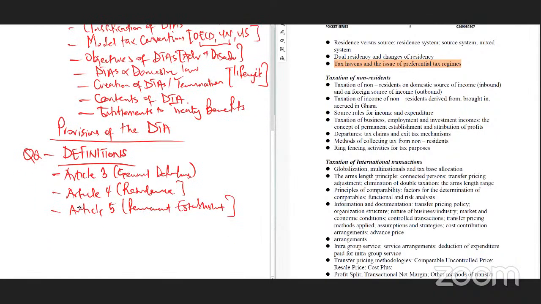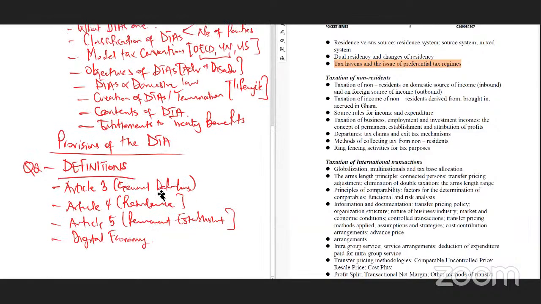And now I think we can go for it to add the digital economy because mostly you have PE from the perspective of the digital economy. Is that okay? So for me, this is my question 2. All right. Very important. It means that you can't go to the exam without this. Okay. Very, very